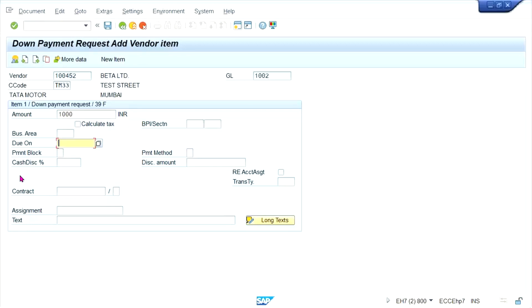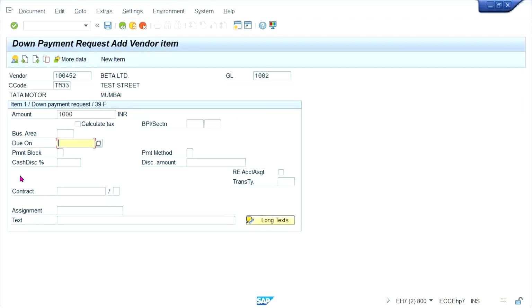So generally, we are creating a notification, right? This is a noted item. So when you run the automatic payment program, the system will check this noted item, and against that, the down payment is going to be posted. But if the noted item is not due,